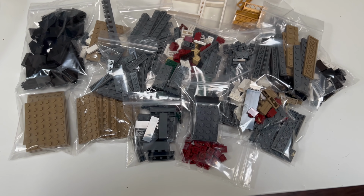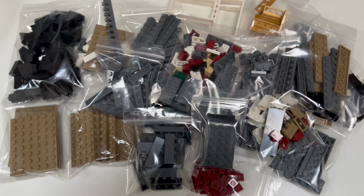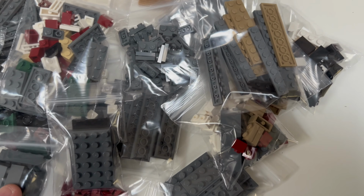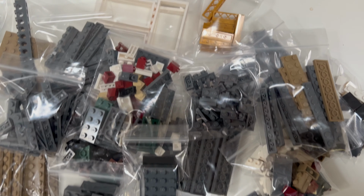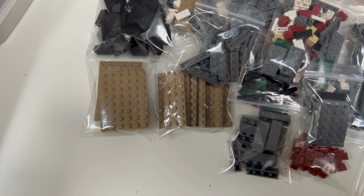Here's the largest order of today. This is 85 lots for about 600 items, and just a mix of all kinds of bricks, both new and used. And this is a repeat customer